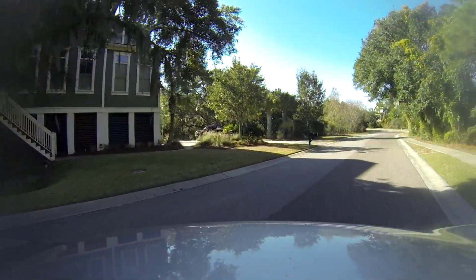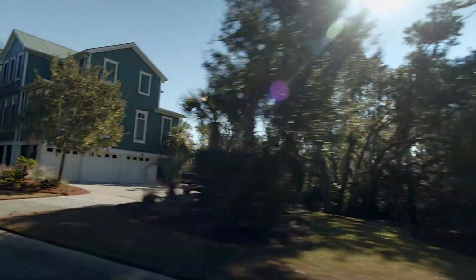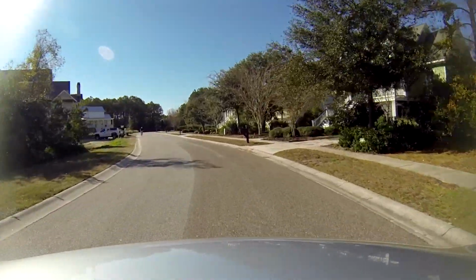And this neighborhood backs up to the backside of Isle of Palms. So you've got some really great vistas off of one side of it. The other side kind of backs up to more lakes and canals. One thing do keep in mind about Seaside Farms, and I think, as we've done these videos, we kind of